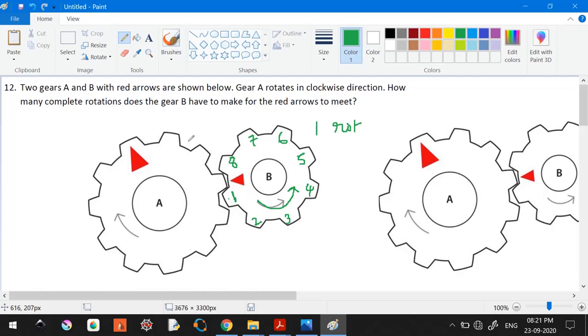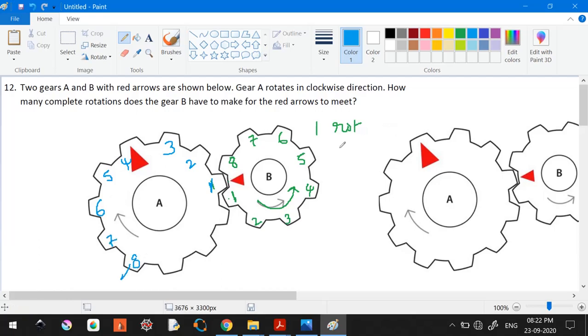So as a principle of gear, the number of teeth being meshed here should also be the same. So if this is going to be 1, this is moving in the opposite direction of this one, right? If this thing turns this way, obviously this should turn this way. So if this is turning 1 here, this is going to be meshing with 1. Likewise, 2, this is going to be second, 3, 4, 5, 6, 7, 8, right?